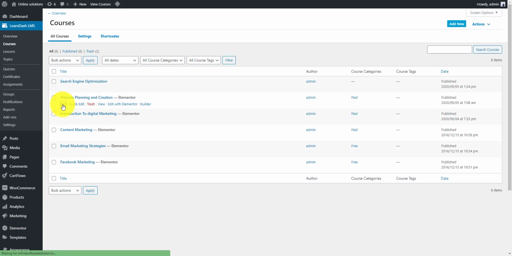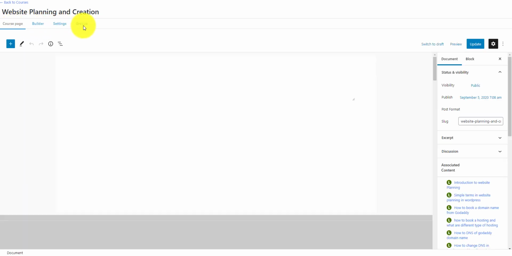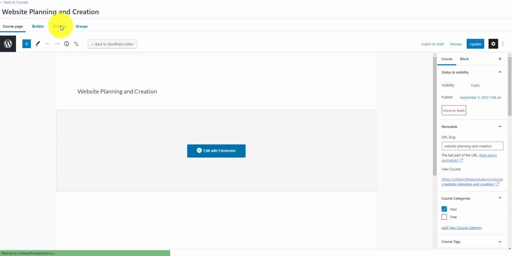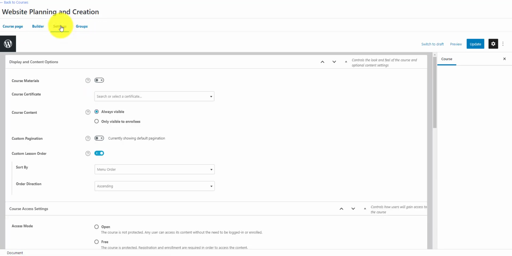When we edit it, we need to go to the setting section, that is from where we have selected the price and everything, right? So we'll just go to the product. Right, as you can see, the course builder setting and group is appearing. So we need to go to the setting section of the course that we want to sell through WooCommerce.